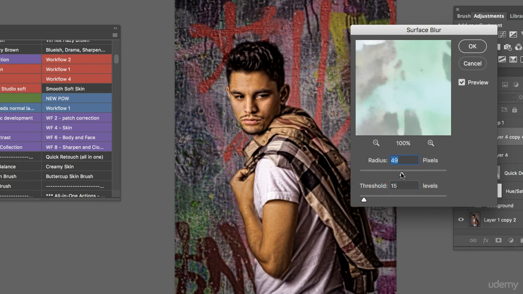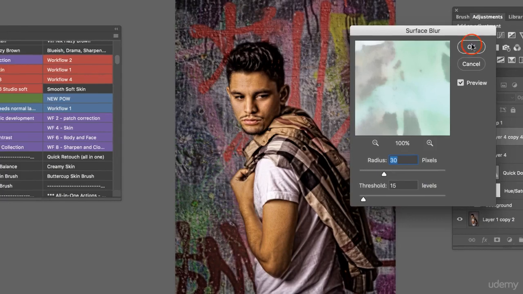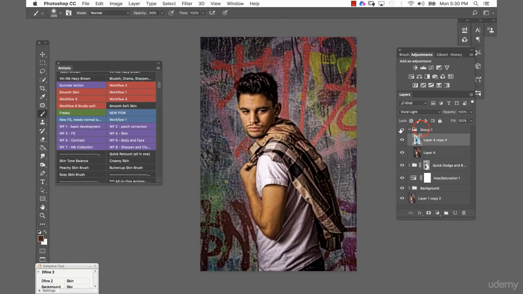And then the radius, that obviously also depends a little bit on your image. You can see this surface blur is quite demanding, and Photoshop makes then a lot of noises here in my computer. So let me see, maybe something like 30 or something like that. Yeah, I think that should be pretty nice. And now we just go OK. And if you see now the before and after, and I think Calvin is right when